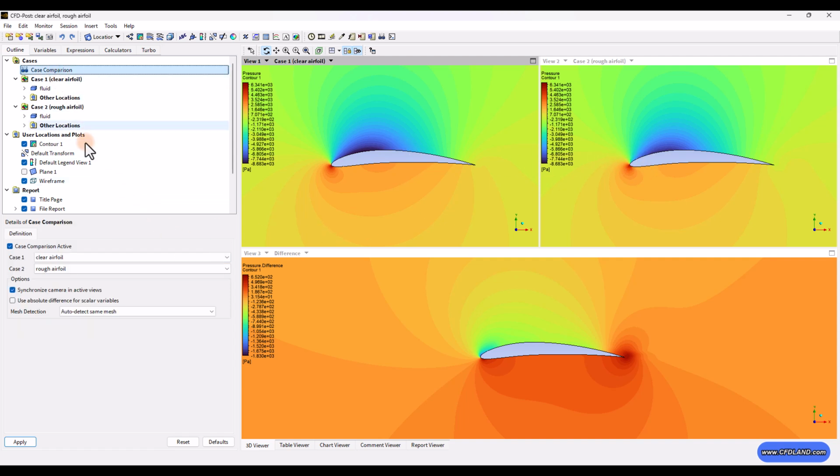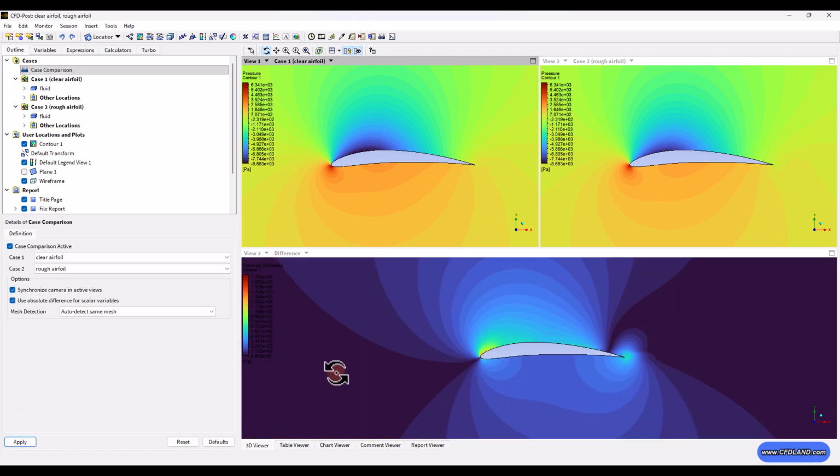But what if I get back to case comparison and check this box? As soon as I press apply, you would notice the difference. So as I said, the software checklist, the absolute difference, and now I can see the absolute one. And this is gonna be really helpful because I can vividly see where the changes are between these two pressure fields. And this can be a great help for understanding the physics and investigating the effects of any geometrical or